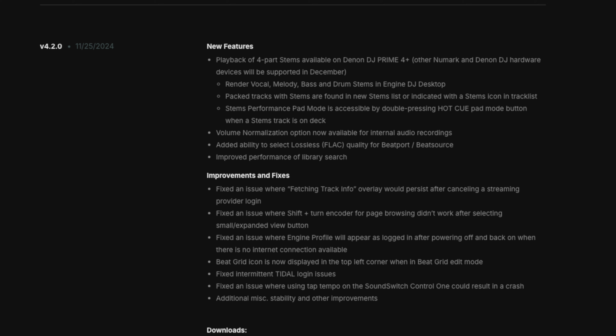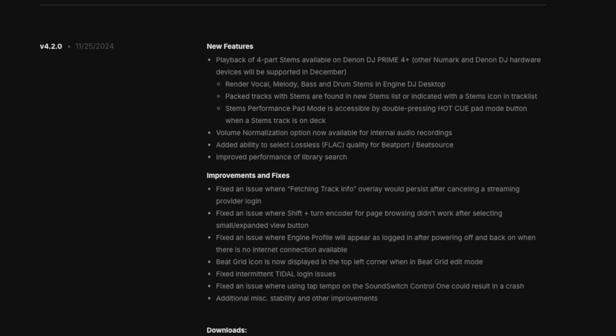Improved performance of library search, which is always welcome. They fixed an issue where the fetching track info overlay would persist after canceling a streaming provider login. Fixed an issue where Shift plus turn encoder for page browsing didn't work after selecting the small expanded view button. Fixed an issue where the Engine profile would appear as logged in after powering off and back on when there is